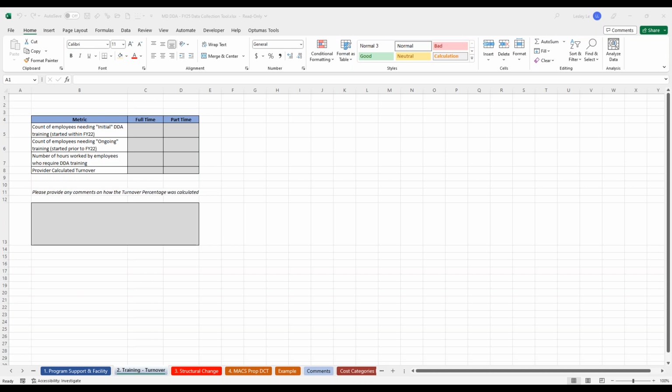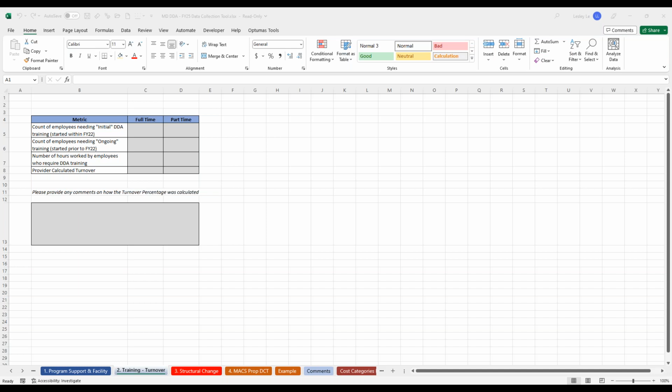Here's one more question. Is this specific to day? Why do you need training for the whole organization? So initially this training tab was meant to be a separate collection because we want to update the training components of the rates.